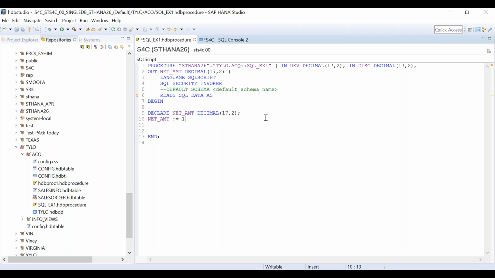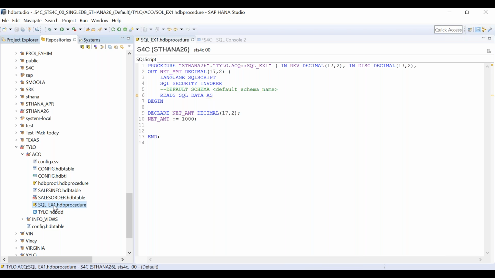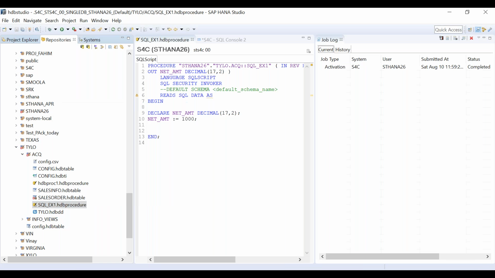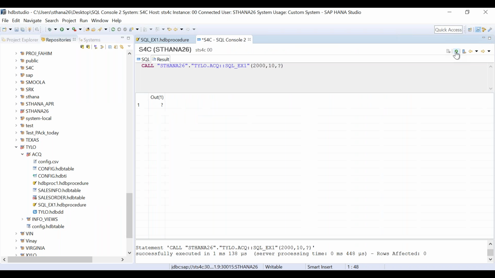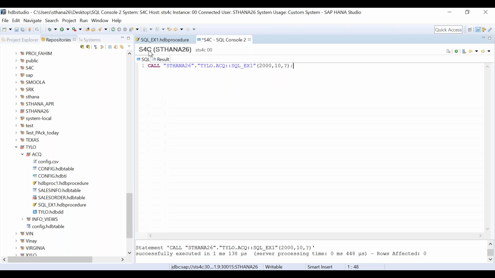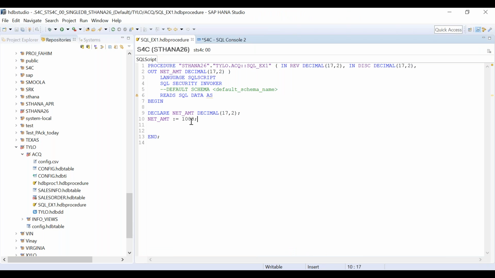Let's just assign some value here randomly, 1000. Let's see if 1000 is coming there or not. Is there any problem in the calculation? Let's try to understand that first. Now if I just pass any random value and click on question mark, no, it's not coming at all. So the output parameter is not coming there. Net amount is this out. And net amount 1000, it is not coming. Why?